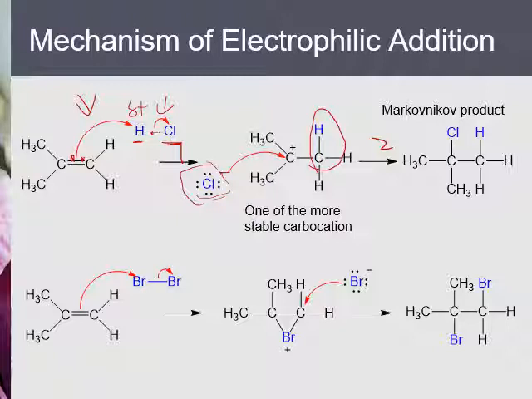Now, because the 2 electrons of the pi bond move to form a carbon-hydrogen bond, this carbon loses an electron, so you should draw a carbon cation. And therefore, after the first step, you form a carbon cation with a new carbon-hydrogen bond, okay, and also a